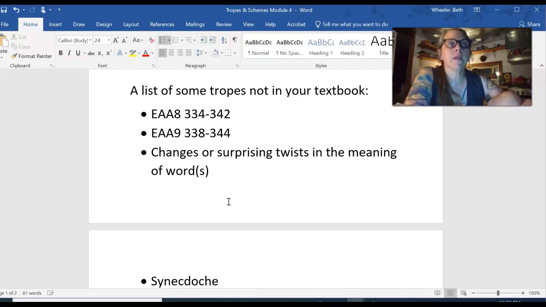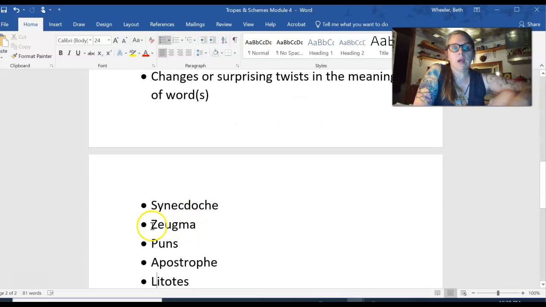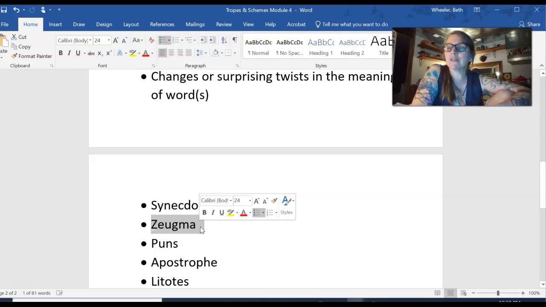If you tried a trope that would take up more space, like an analogy, which is an extended comparison. A metaphor can be a quick comparison that you're making between two things, but an analogy would be more extended, where you're maybe showing the similarities and the differences between the two things. So that would take up a lot more space than just making a quick use of a verb that has two different meanings within one sentence, right? So this might not be a large part of Essay 2, but just something that you can put in